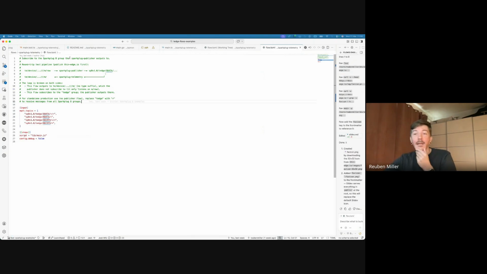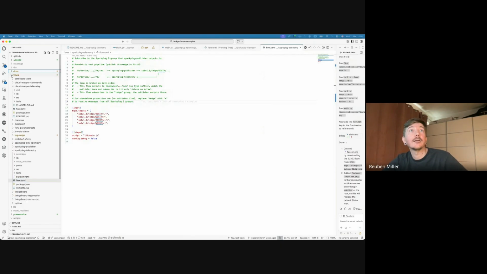So in our examples repository, because we're trying to build full examples, which you can deploy yourself and then see how to build them, write unit tests and all this kind of thing. So we have a repository here where this is the flow definition. The flow definition is pretty simple because it just has to subscribe to the Sparkplug B topics, because we already know that ahead of time. And then saying, run one step,